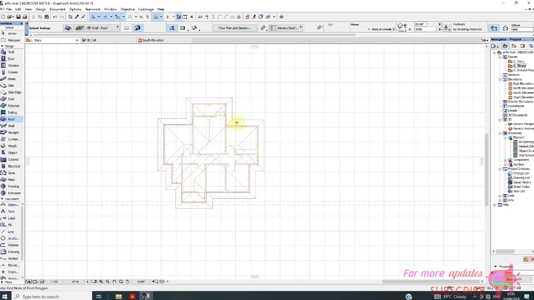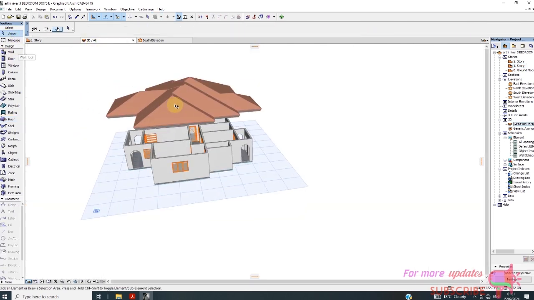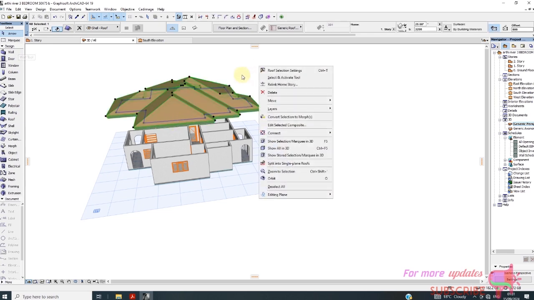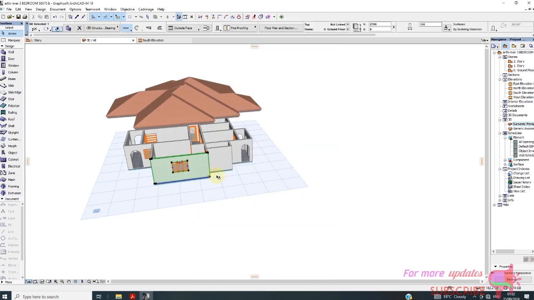Okay, we have now modeled the complex roof. So let's see the 3D view. So I'll just select it, roof settings, then I want home story to be the home story is story 1, and then so let's see the wall property is 2700. So this one,